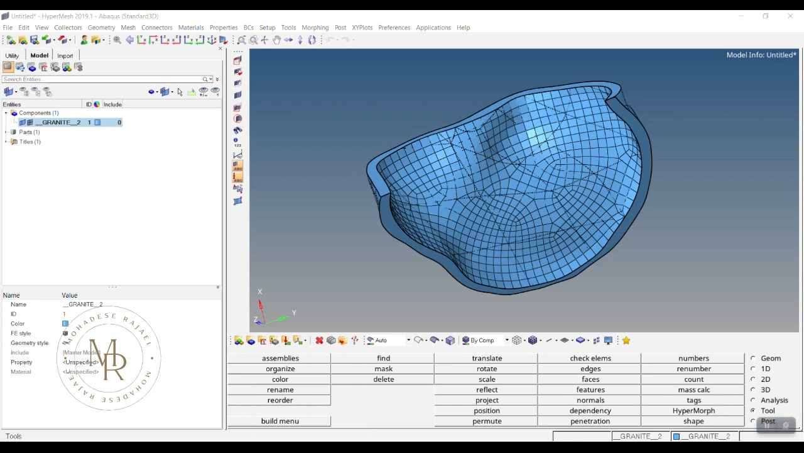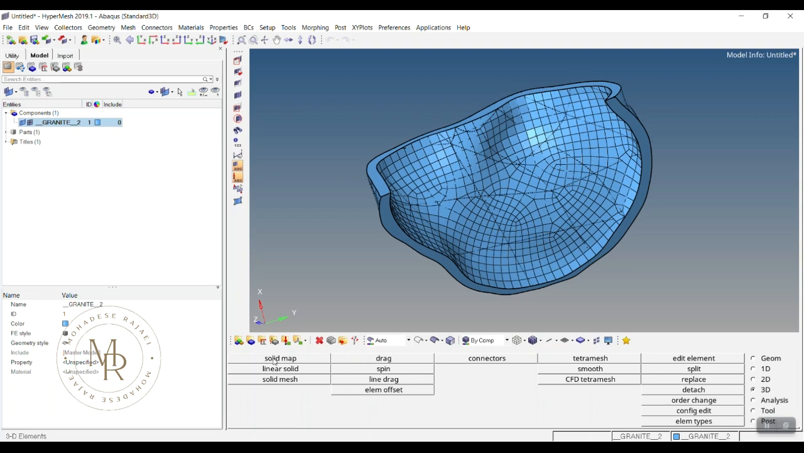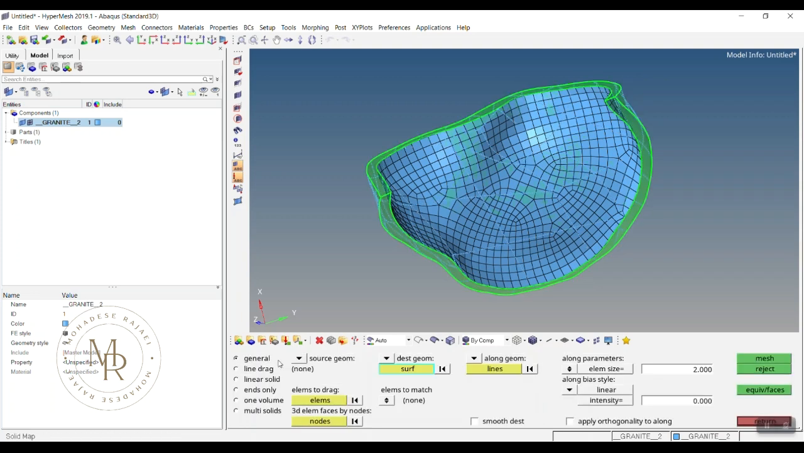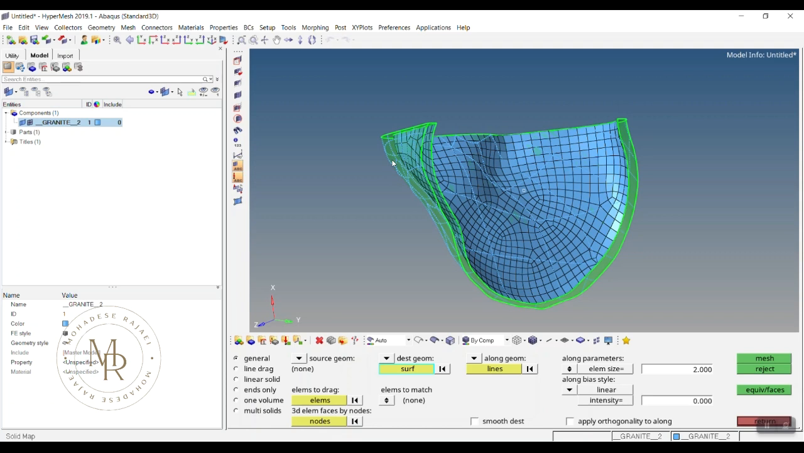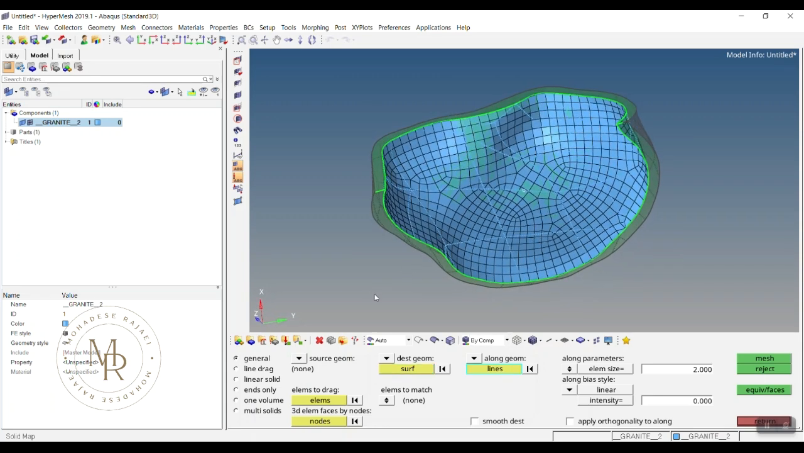To create the volume mesh using this surface mesh, let's go to 3D, click on Solid Map. In the General, the source geom must be None, and the destination geometry must be the other surface. Here is outer surface, right? So click on Surface and pick this surface. Alright. Now let's define the along geometry. I'm gonna pick some lines. Click on Lines and